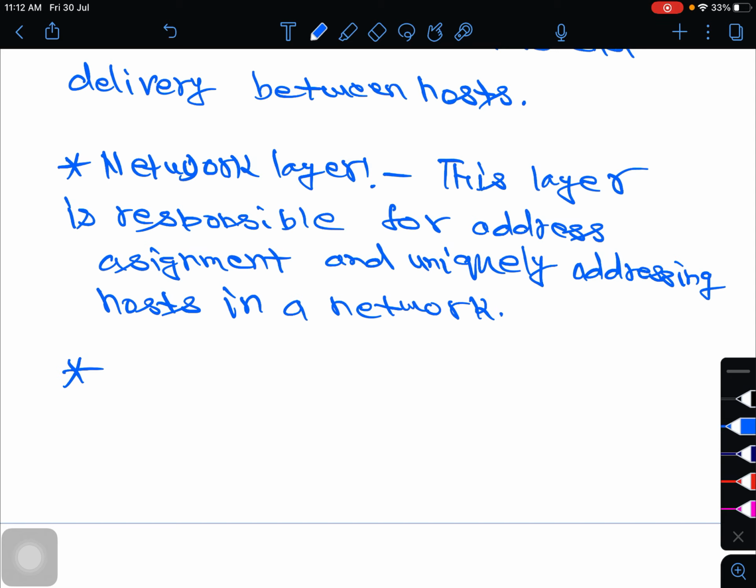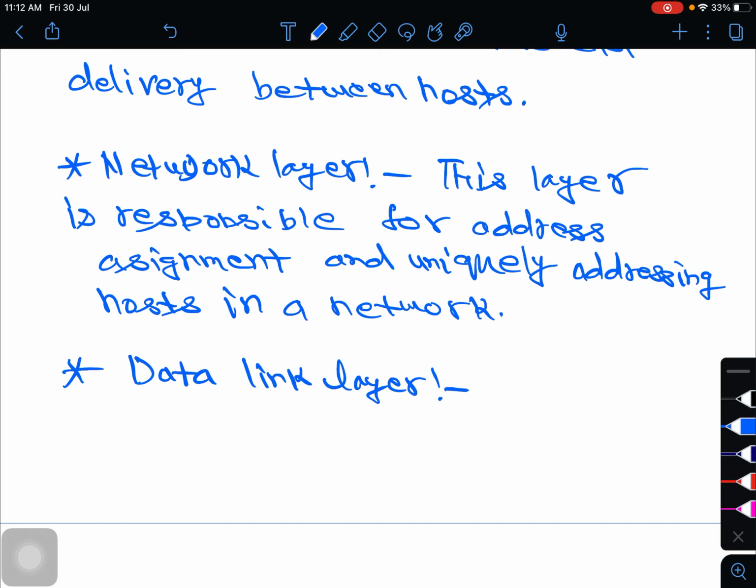Next layer is data link layer. In data link layer, the information is transmitted in frames, and the data link layer is also responsible for data flow control and detection and correction of errors.